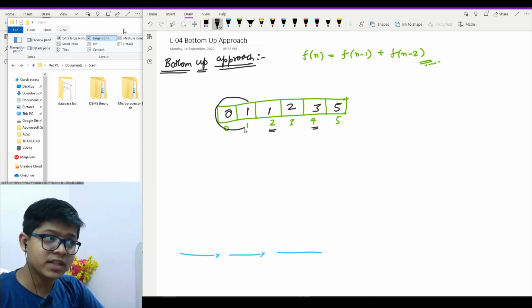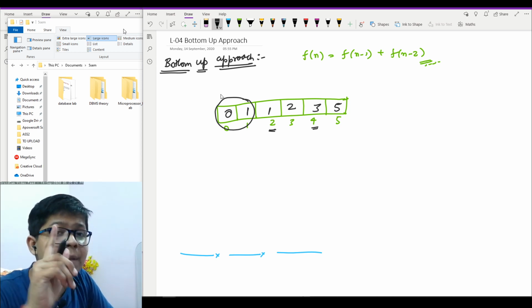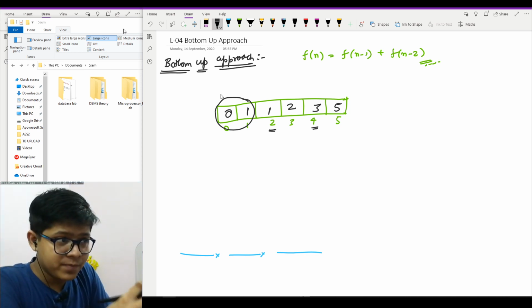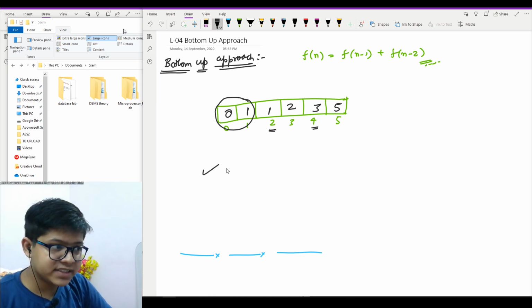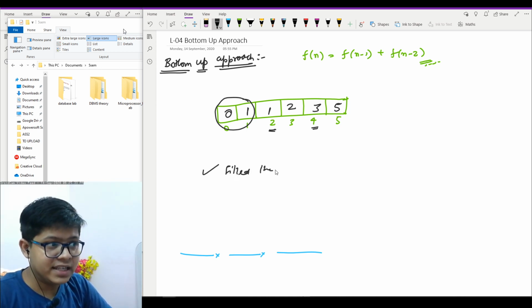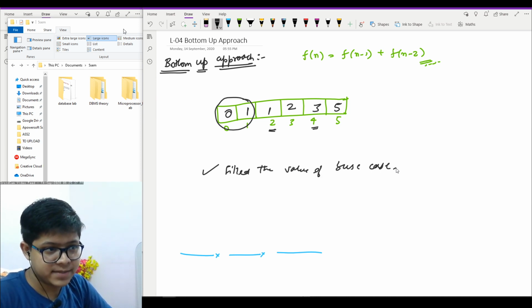But make sure that you fill the value of the base cases first. So understand what we did: firstly, we filled the value of the base case.